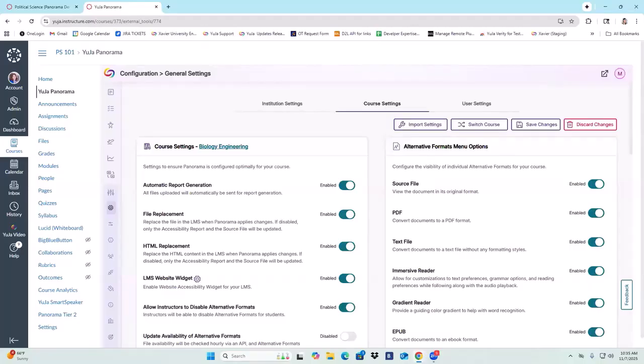Go ahead, Jennifer. So if I'm a student and I'm in a course that has turned off the translation, and I download my document, and then I go into a completely different Canvas course where that instructor has enabled translation, and I upload that document, will I be able to translate it?